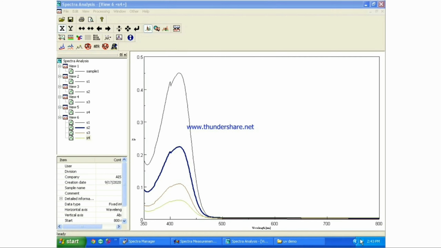Apart from the qualitative aspects discussed so far, now let's discuss the quantitative application of the spectrophotometer. From this overlay plot, we can conclude that the absorption of the analyte is directly proportional to the concentration of the analyte. This forms the basis of quantitative estimation through spectrophotometry. The method is known as the standard or calibration curve method. In this method, the instrument response, that is absorbance, versus the concentration of the standard is plotted. Further, the response given by the instrument for the unknown is extrapolated on the x-axis, whereby the concentration of the unknown is obtained. So this was a bit of information about quantitative estimation.